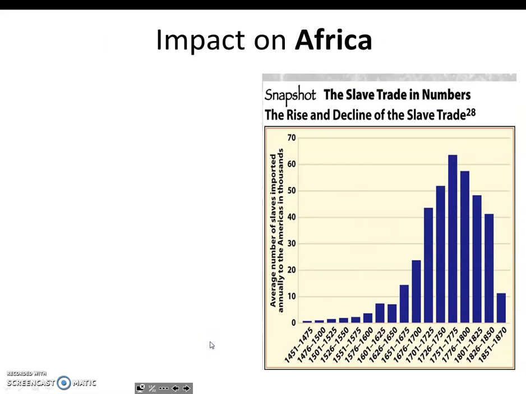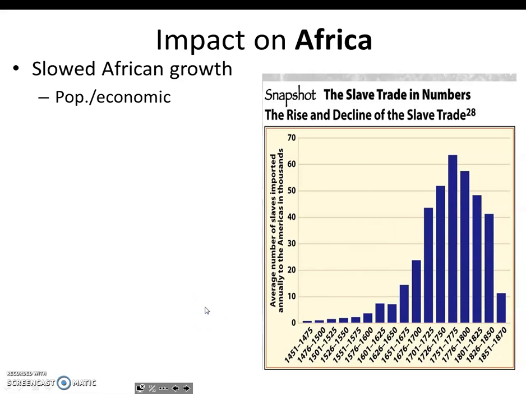Now again, normally when transatlantic slavery is discussed, it's all about the Western Hemisphere. But what happened back in Africa? What was the fallout of this? Obviously, this will slow the population growth, while Europe and China will expand in population due to the Columbian Exchange. In 1600, sub-Saharan Africa had about 18% of the world's population, but by 1900, it was down to